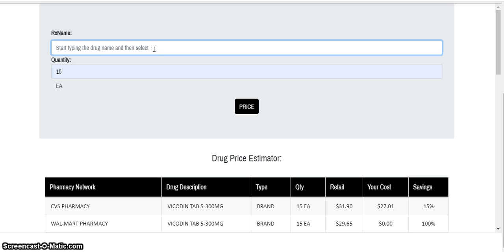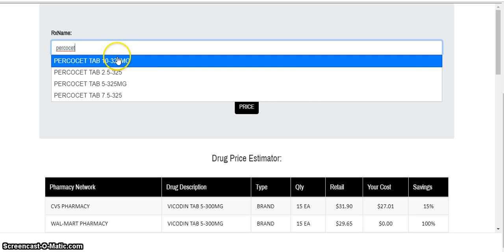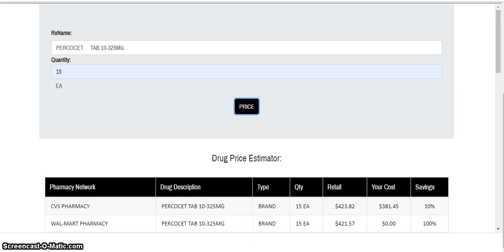Another one I'm familiar with is called Percocet. It's not that I take it, it's just something I've heard about Percocet, right? So I just want to show you the pricing on certain medications that I know where our prescription people are using for prescriptions. And then you'll go ahead and press price calculator. See, that's right here. This is searching the network using the NCRX discount prescription cards and what your savings is going to be using the